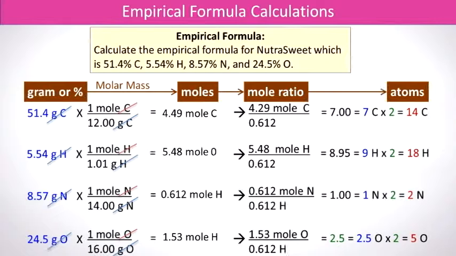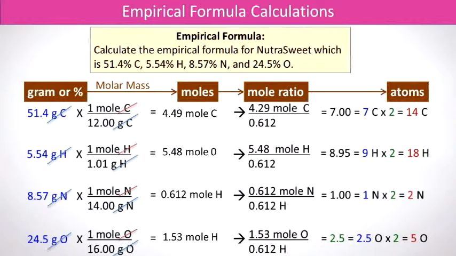We interconvert it using the molar mass, and we obtain the moles of carbon. We have 5.54 grams of hydrogen. We interconvert for the moles of hydrogen. We have nitrogen, and we interconvert for the moles of nitrogen, and likewise we interconvert the oxygen for the moles of oxygen. We then take the calculated moles and divide them by the least number of moles. In this case, the least number of moles is related to hydrogen of